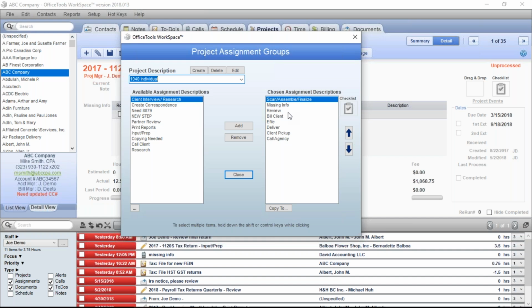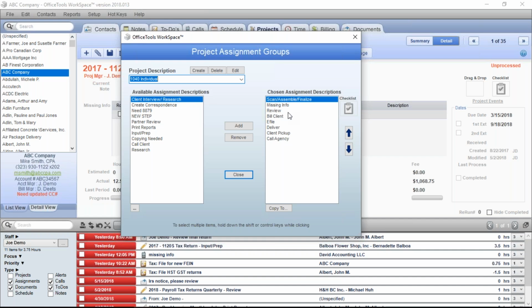And some best practices that you want to consider is, if there's an assignment that you always skip, you never really use in OfficeTools, get rid of it. It's taking up space, it can be confusing. Get rid of the stuff that you're just not doing, or you realize that you don't really need to track in OfficeTools in that way. Make sure the order is correct. If you're scanning on the front end, put scan up at the top. You don't want to be bouncing back and forth. OfficeTools will try to navigate you down this list in the order of items that you've created. So make sure that the order is correct.